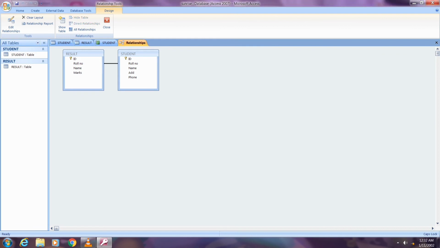You can see this line, this is the relationship line of this window. Now if you make changes in one table, like you delete or add records in one table, the other table's records will automatically be changed in it. Okay, thank you.